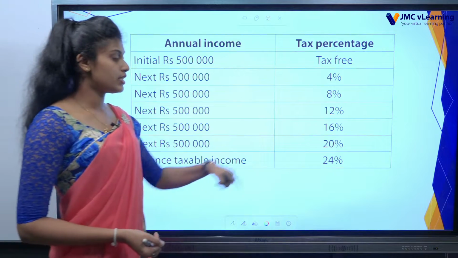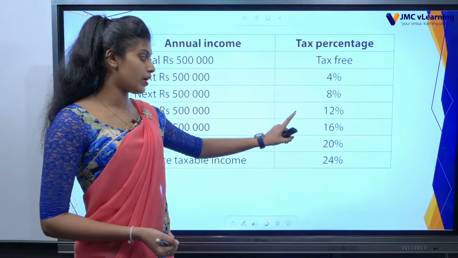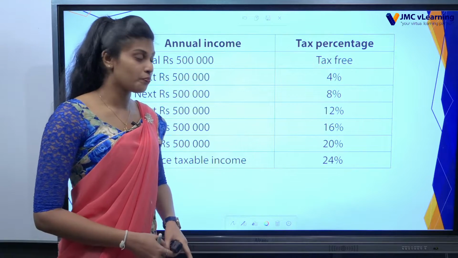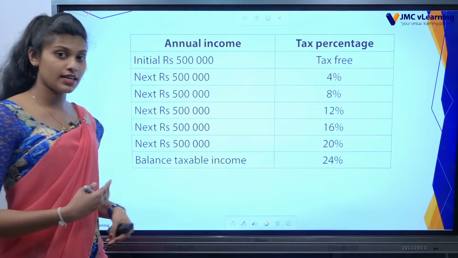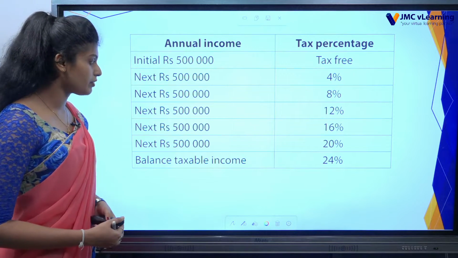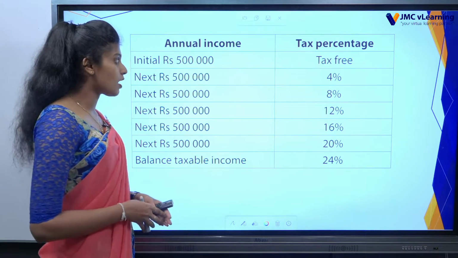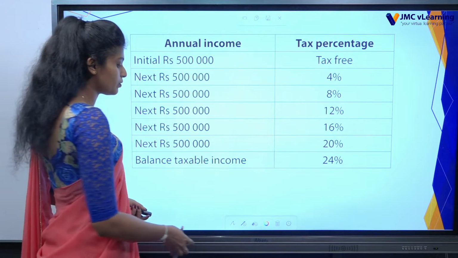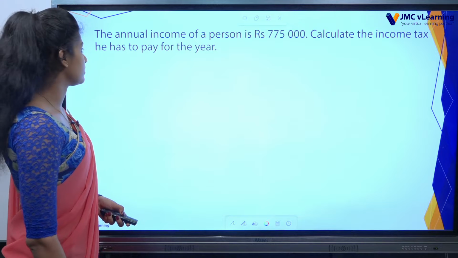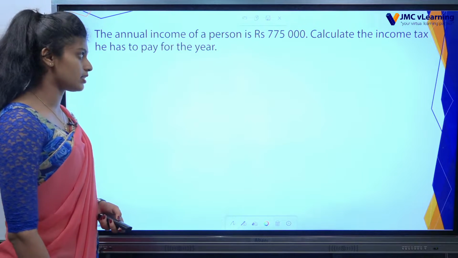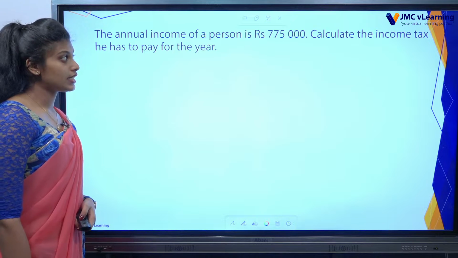Can you see this one is increasing 4 by 4? 4, 8, 12, 16, 20, 24. The tax percentage is increasing 4 by 4. Using this table, you have to do the sums. Let's see how to do the sums using this table. The annual income of a person is